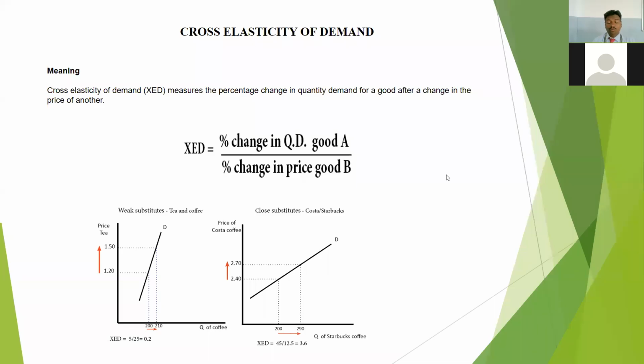Or more than that particular price change, the demand will create in the substitutable commodity. Such kind of commodities are called weak substitutes, but if you see the degree of responsiveness, it will be equal or less. But certain commodities are close substitutes, when the price of this